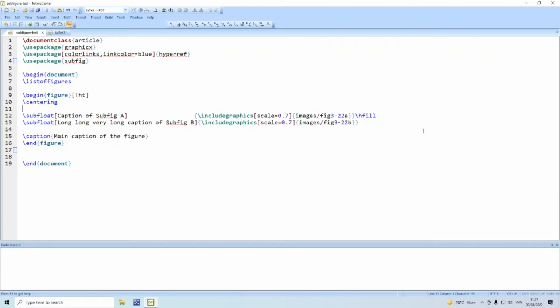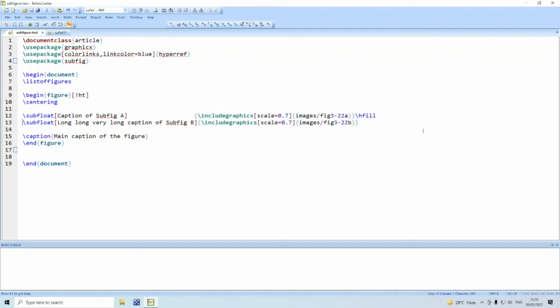With the subfig package, the coding is like this. Within the figure environment, \begin{figure}, \end{figure}, you can have \subfloat. Within the square brackets, you give the caption of the subfigure, which is followed by the \includegraphics command within curly braces.